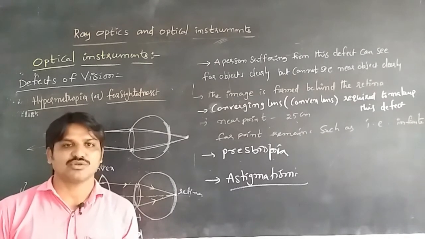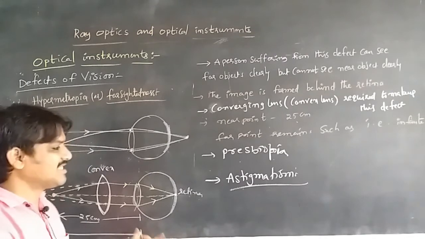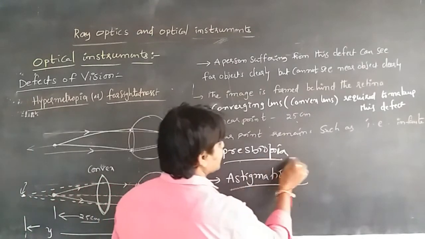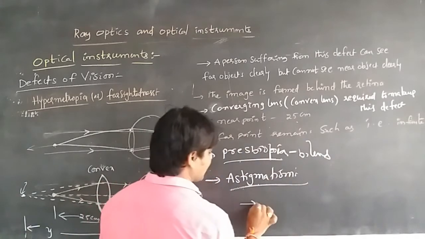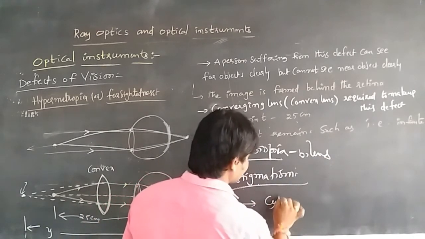So to reduce the astigmatism problem we use cylindrical spectacles,